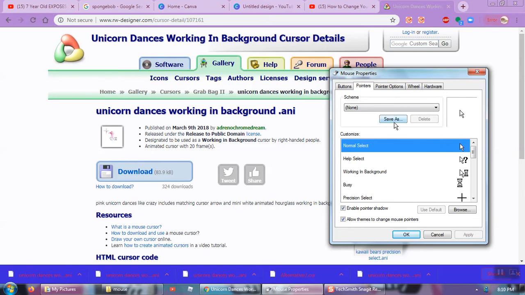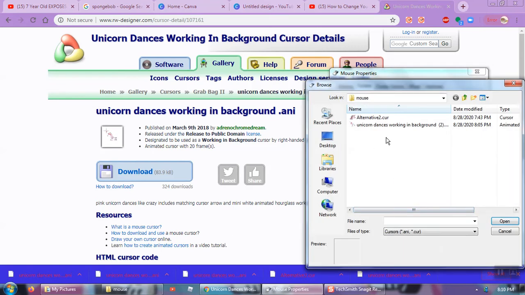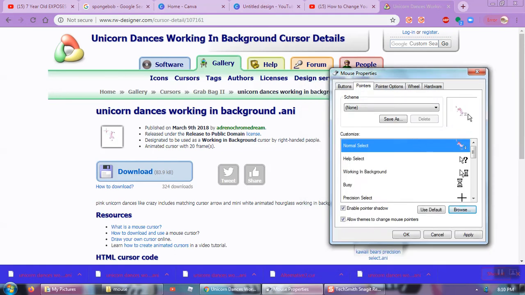Okay, now first you have to select normal select. Okay, and then when you select this normal select, you have browse here. Click that. Okay, I just went into the page where I saved my cursor, so make sure you remember where you saved it. And then it's here, see, unicorn dance. I'm gonna click that,